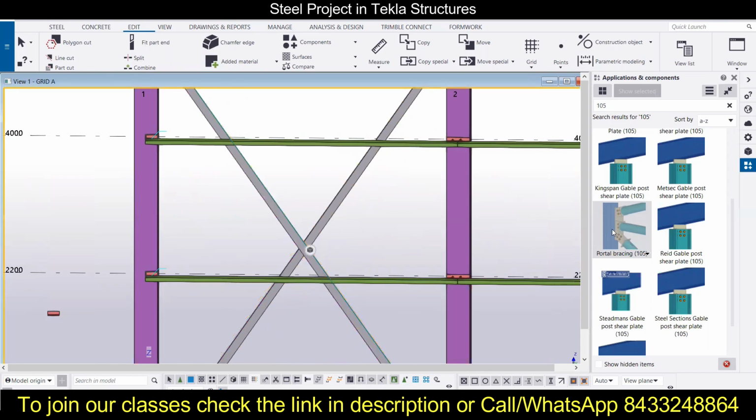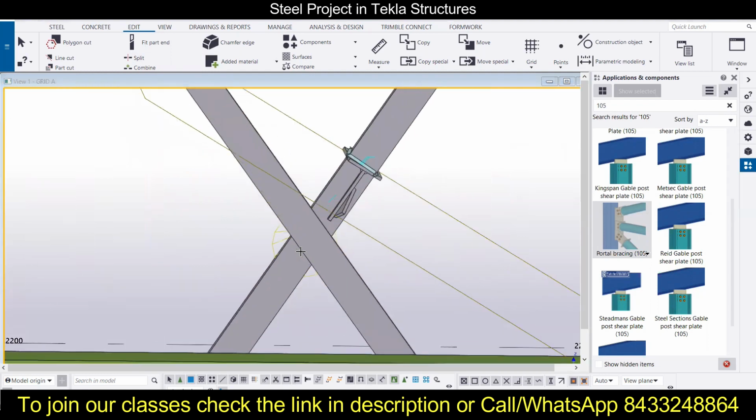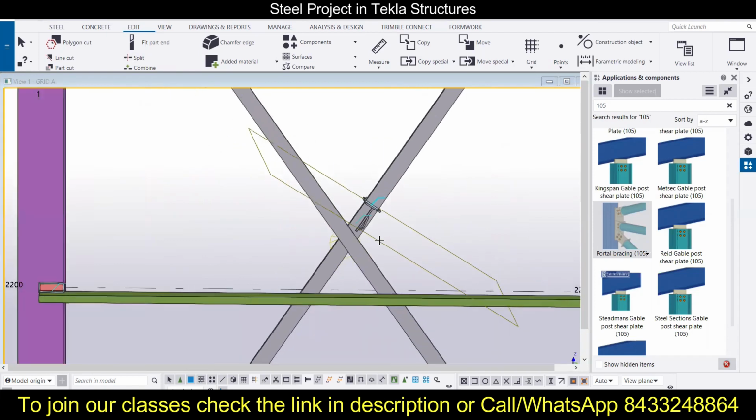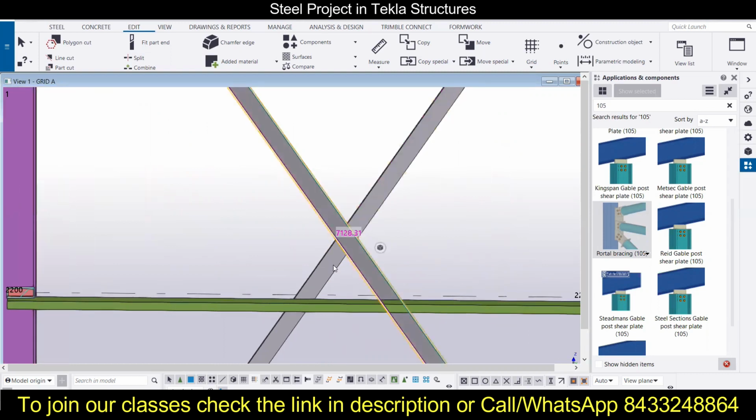Okay, so now we can go for the portal bracing: 1, 2, 3, and then the middle button of the mouse. So Control Z, this is actually working over here. The splitting is done properly. Now I will press Control Z and check the splitting.